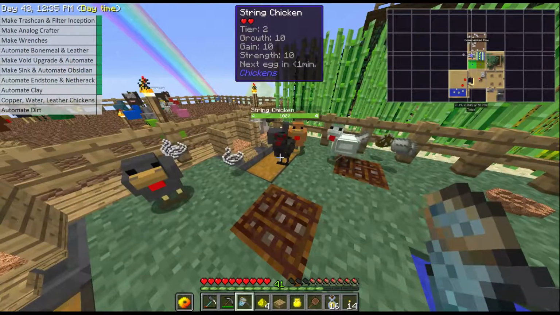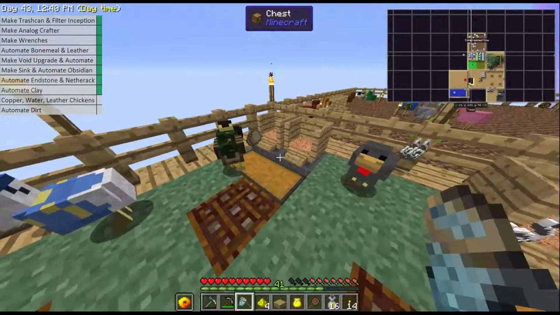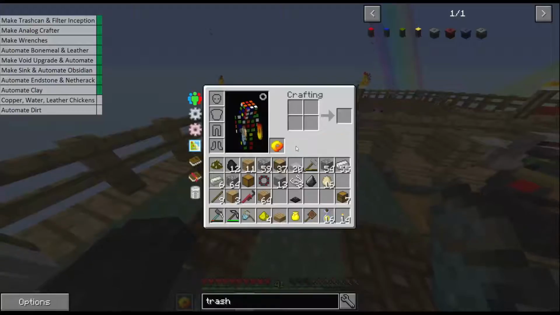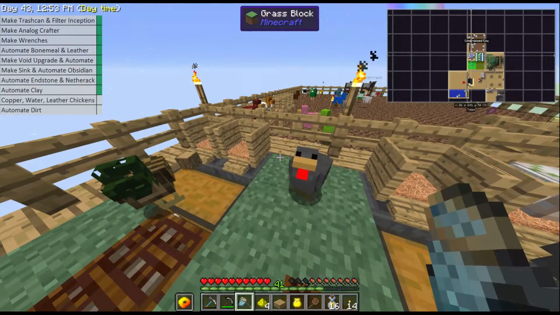Where's my yellow chicken gone? Did it suck it into the hopper? Okay, there seems to be a little bit of a bug that's just happened there. So I'm not sure where my yellow chicken has disappeared to. So we'll do the next one, which is